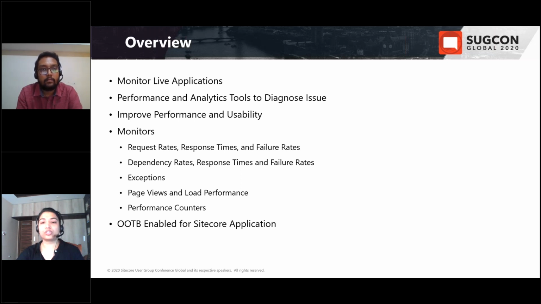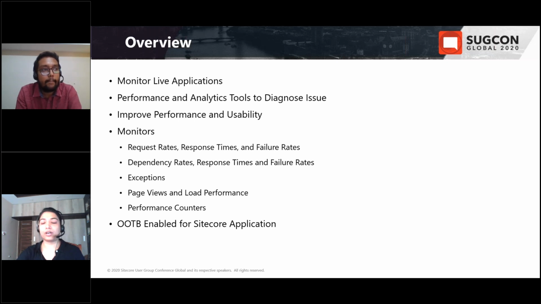It also records both server and browser exceptions reported by the application. Then it monitors page views and load performance reported by your users' browsers. It monitors performance counters such as CPU, memory, and network usage. So what about Sitecore?